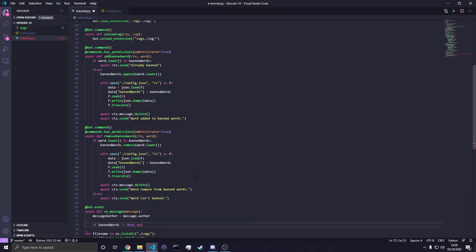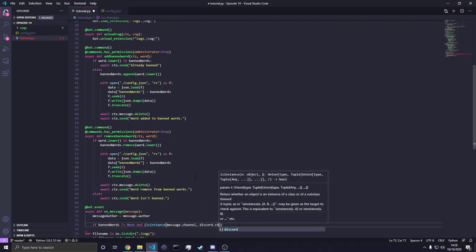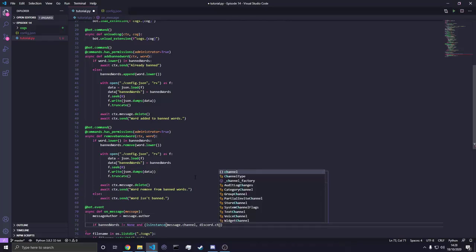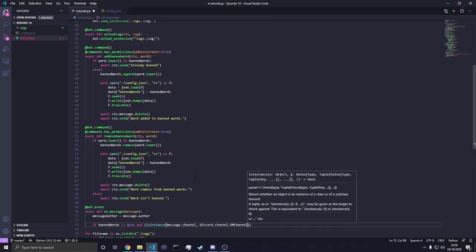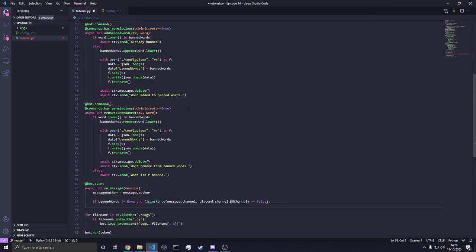Also going to want to check we're not in a DM channel rather than a server channel. So if we say isinstance message.channel discord.channel.DMChannel, and say equals. Okay. So if both of those conditions are met,